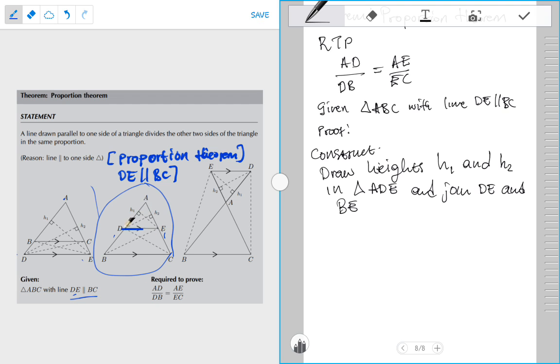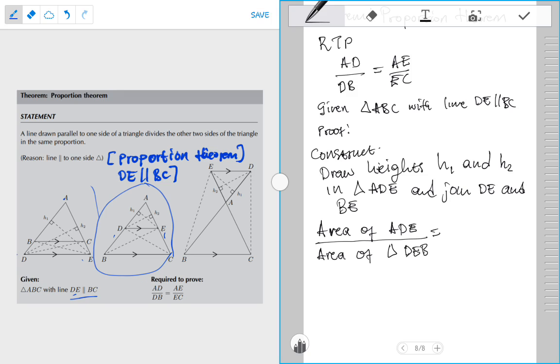Therefore we say the area of triangle ADE over the area of triangle DEB